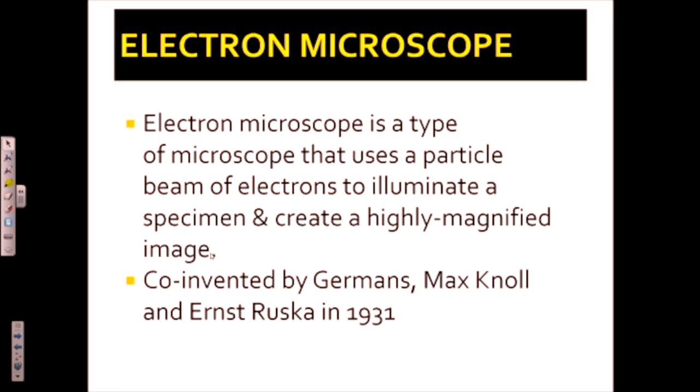Now, the electron microscope. We have one electron microscope on campus. I don't know if there's more than one; there's only one at the chemistry department, if I'm not wrong. I have never got a chance to play with it. There's a difference in the way these scopes work: it uses a beam of electrons to illuminate. Whatever we have learned in the last 20 minutes uses different sources of light, whether normal sunlight or an artificial light. In this case, in place of light, it uses electrons to create an image. And electron microscopes are definitely much, much more expensive toys.